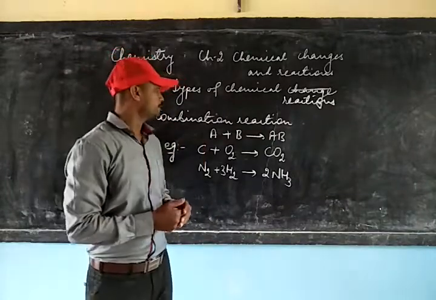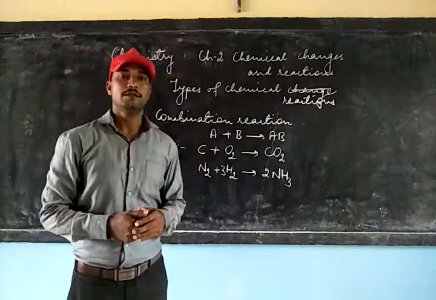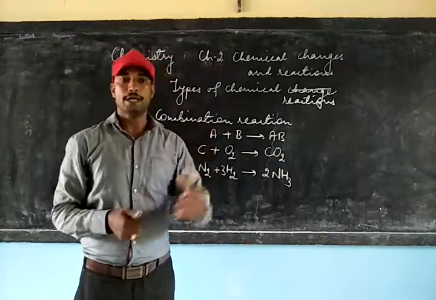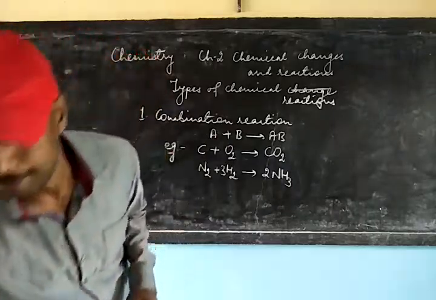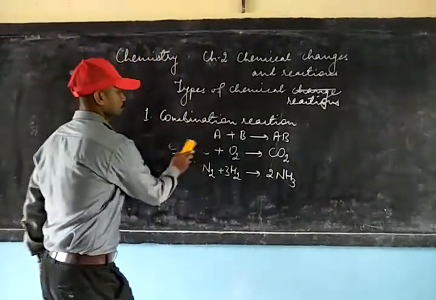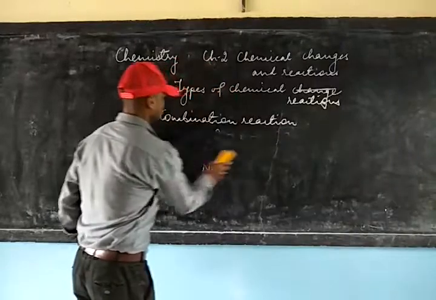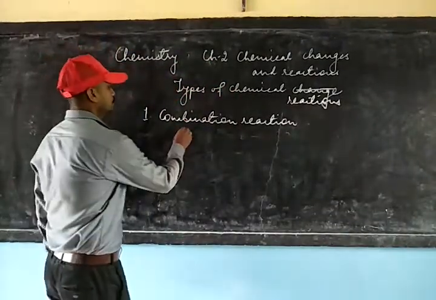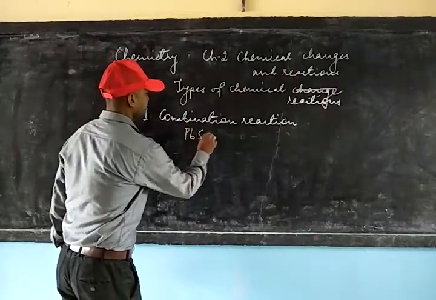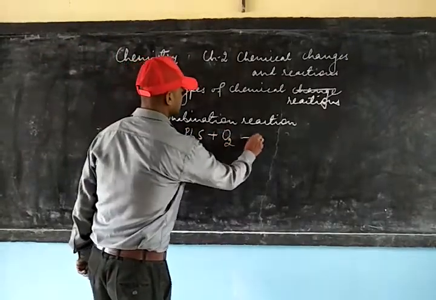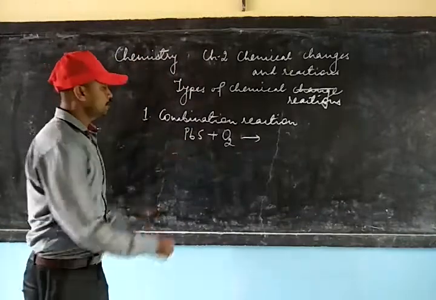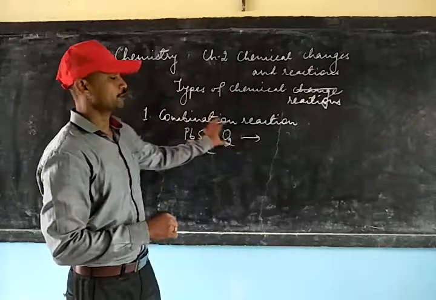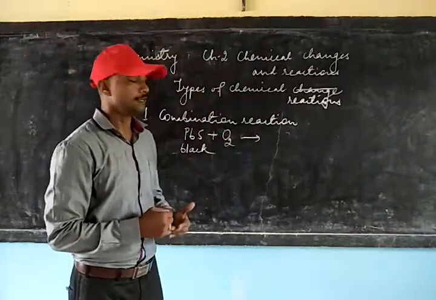Now we can start with the second type, where the combination reaction takes place between a compound and an element. Let us see. For example, PbS plus O2. This is lead sulfide, which is black in color, where it can combine with oxygen upon heating, and it